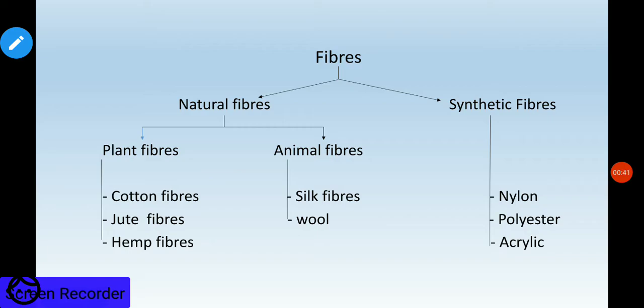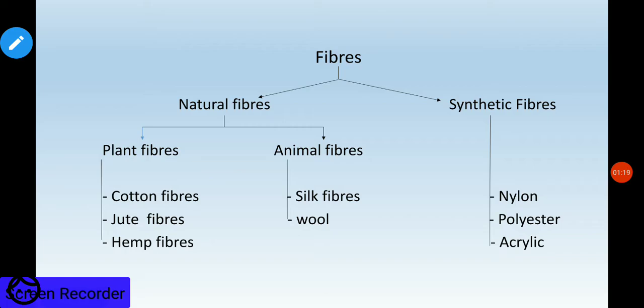Plant fibers means the fibers which are obtained from the plants, like cotton fibers. From the plant of the cotton, the fibers obtained are known as cotton fiber. Jute plant fibers, hemp fibers. Fibers obtained from the plant hemp. Hemp in Hindi is bhang. So from the plant of hemp or plant of bhang, the stems are used to obtain the fiber